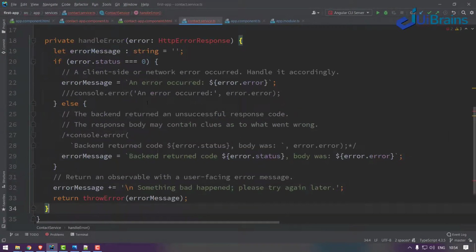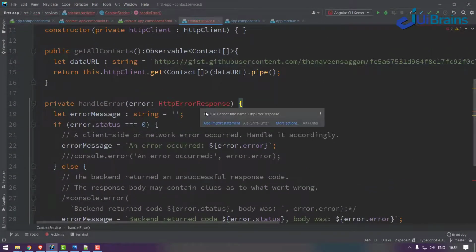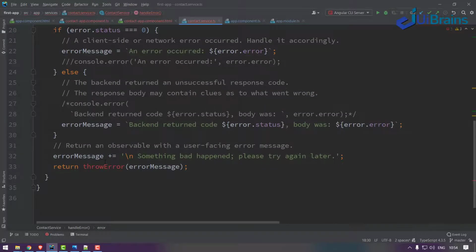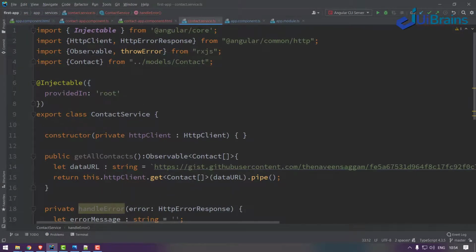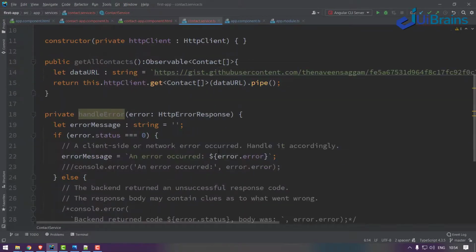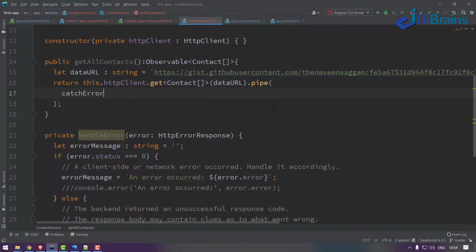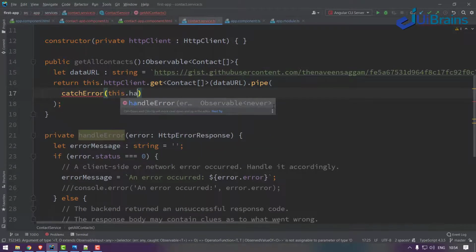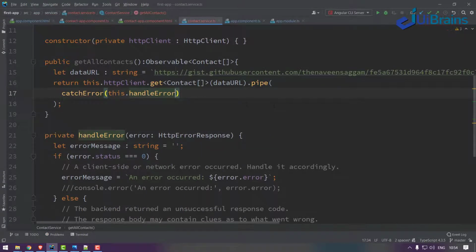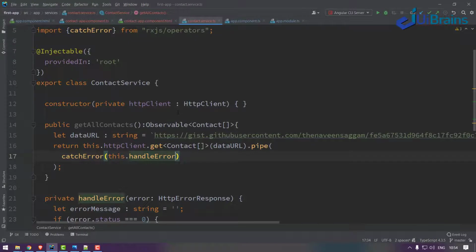In the last video we have seen this. And let's also have the import statements from Angular and from RxJS. So how you do that is catchError of this.handleError. That's all. Now our service is ready for fetching the contacts information from this server location.